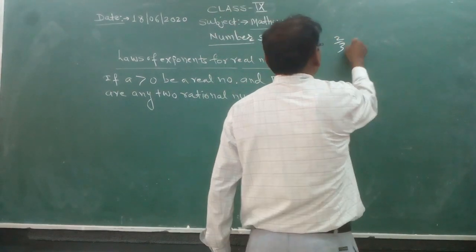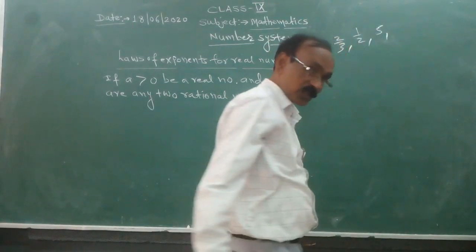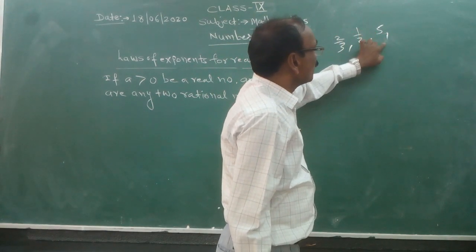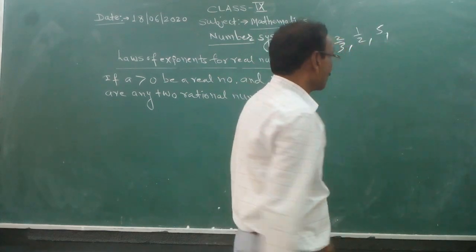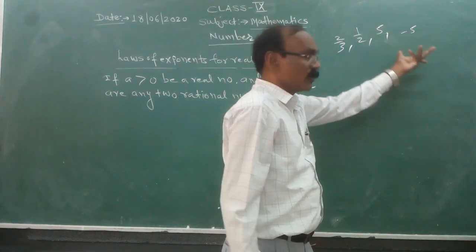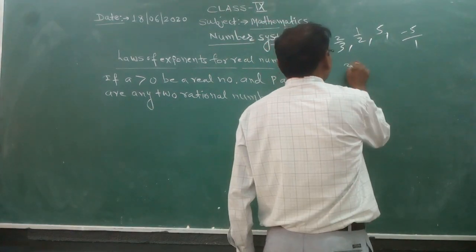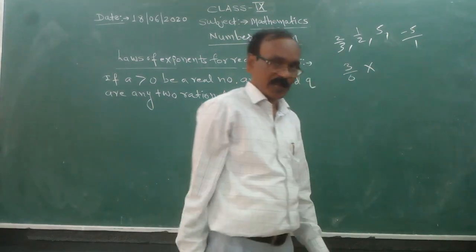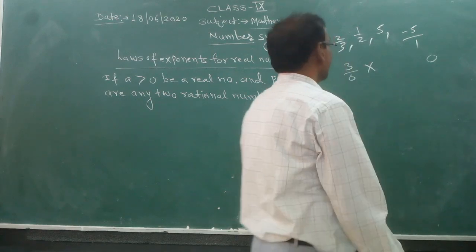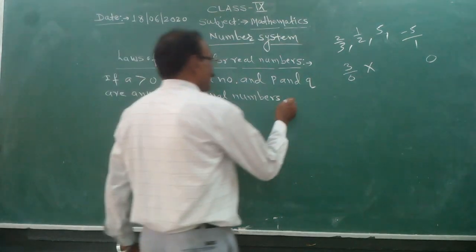That is 2 by 3. This is a rational number. Simply 1 by 2 is a rational number. Simply 5 is also a rational number. Here 2 and 3 are integers, 1 and 2 are integers. 5 can be written as 5 upon 1, so both numerator as well as denominator are integers. Simply minus 5 is also a rational number: minus 5 upon 1, both integers. But 3 upon 0 cannot be a rational number, as the denominator is 0. Simply 0 is a rational number. If p and q are any two rational numbers, then we have